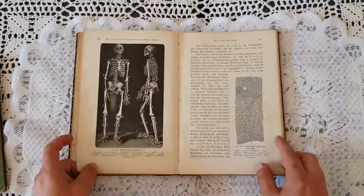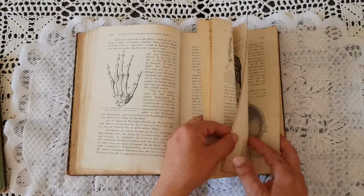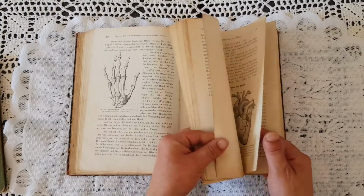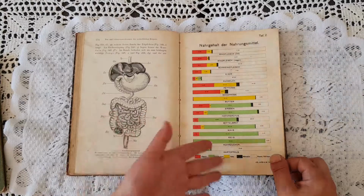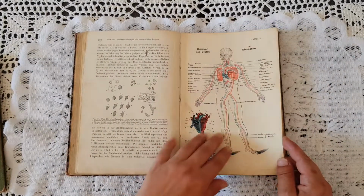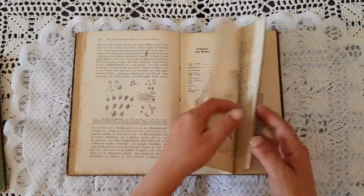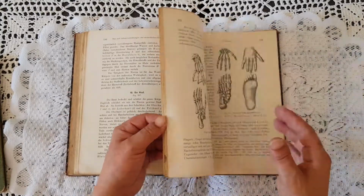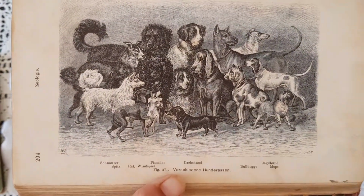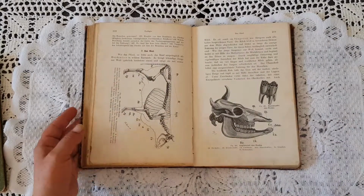And then comes the human body. All about the human body, and there are 2 book plates in it, when I find them. Here is one for eating, and the other one is here with the blood circulation of the human body. And then come the animals. Look at that dog image. I hope you see that. It's a little bit of a shadow, but